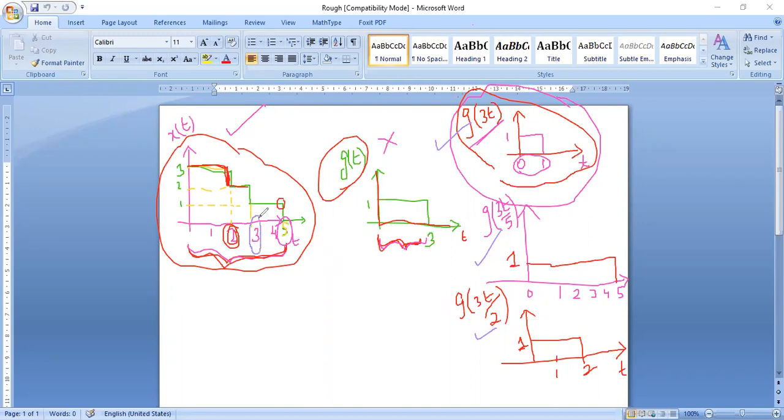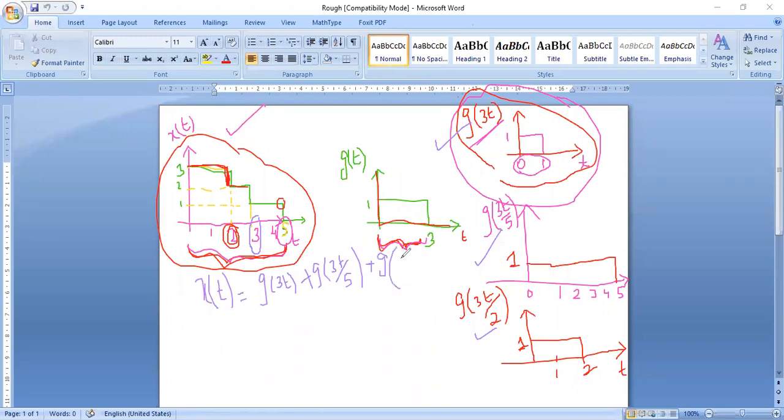If I perform g of 3t by 3, what is the problem? What is wrong in this if I perform it? We will get back g of t, but that operation I don't want. So I feel that I am right. I have 3 diagrams, and with the 3 diagrams itself I can get my x of t. So I will write x of t is equal to g of 3t plus g of 3t by 5 plus g of 3t by 2.